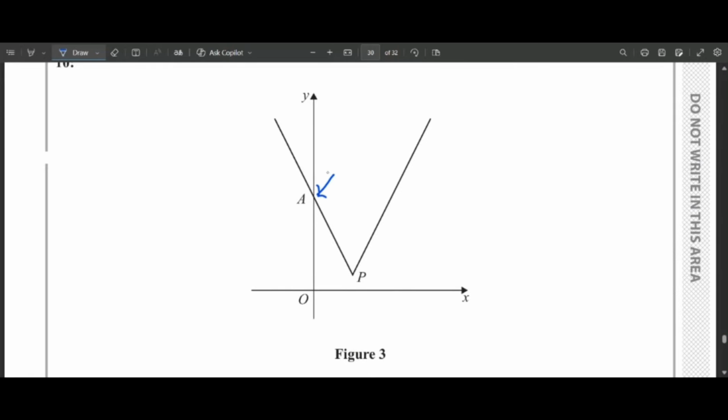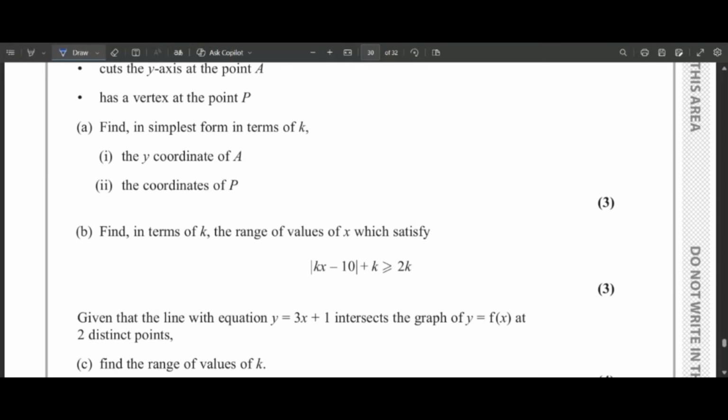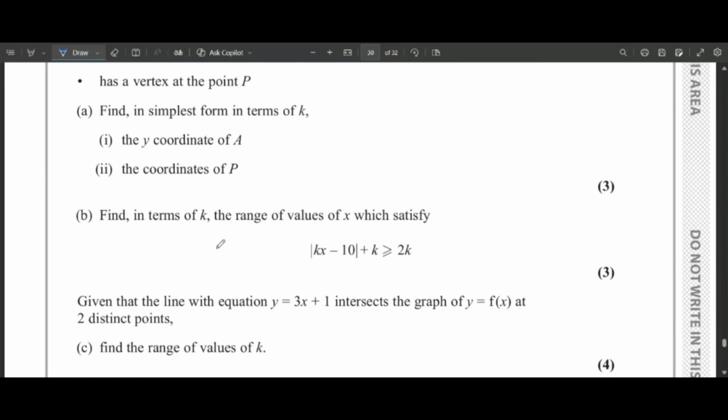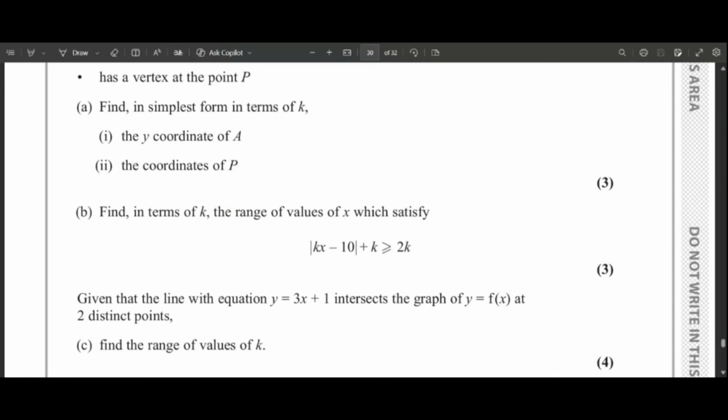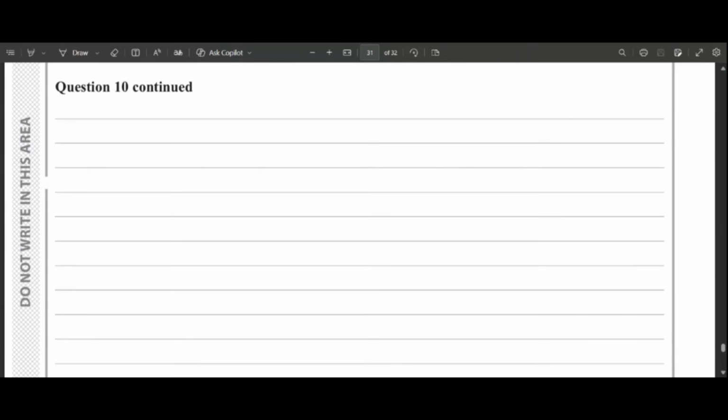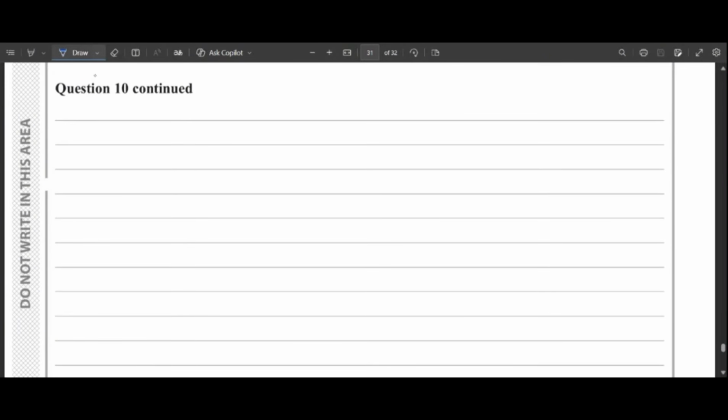We know that A is the y-intercept. That's why x is 0 at A. So we can use this information to find our value of k, to find our value of y coordinate of A. So for part A, we can write, for part A,